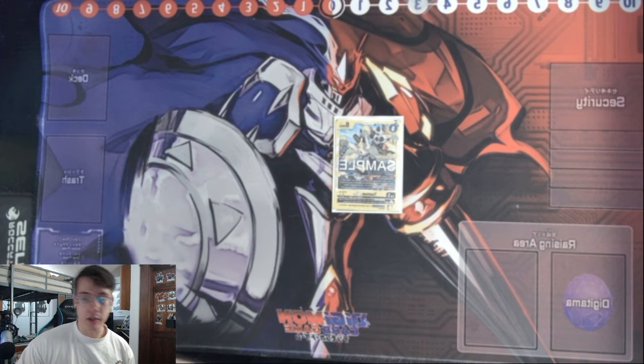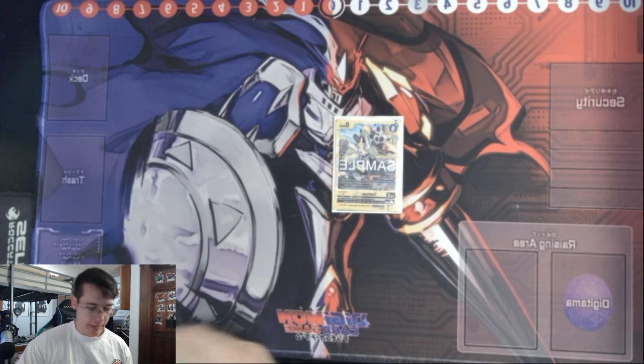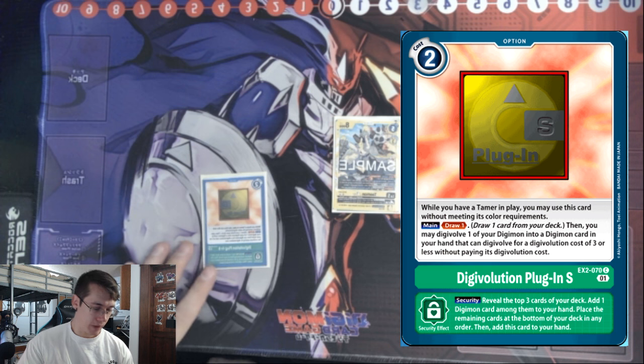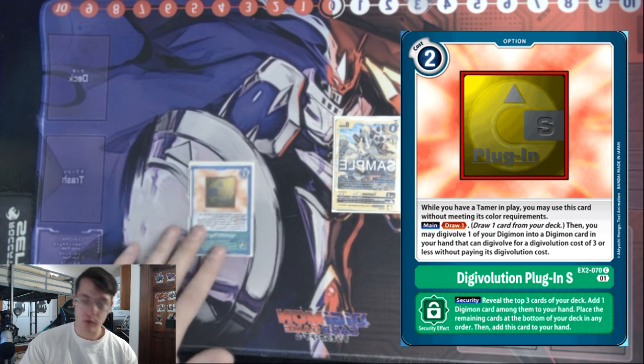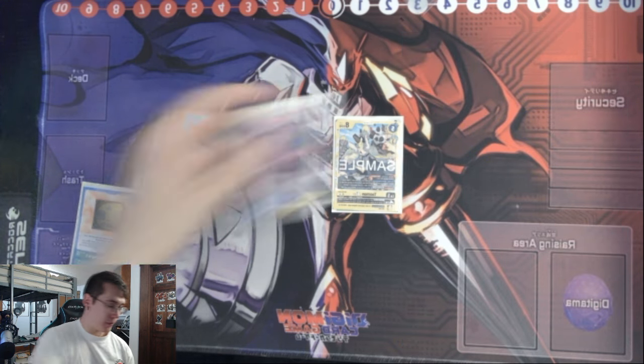So you are going to Evo, we'll say you Evo into the Taomon Ace. Let's say you use a training, so you did it for 1. So you use 1 memory, you go into Taomon Ace, and then you use a Digivolution plugin S. Now this is going to let you Evo one of your Digimon that can Evo for a cost of 3 or less without paying the cost and draw a card. So you're going to use this option, it goes to trash, and what you're going to Evo into is the